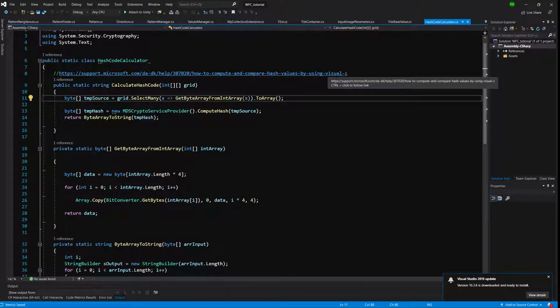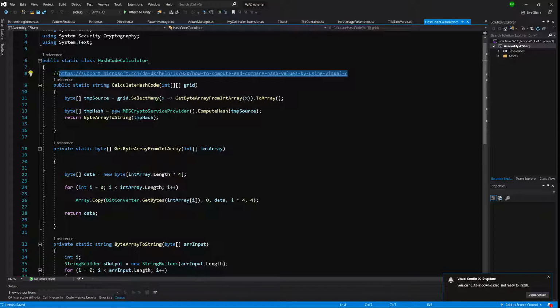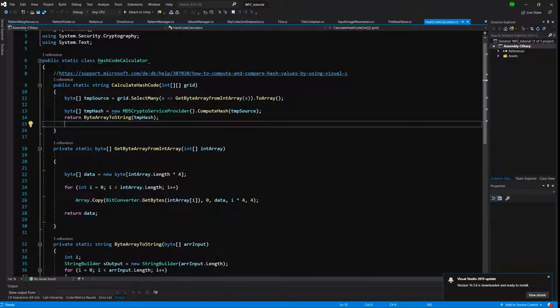This class is implemented from the Microsoft support page for how to compute and compare hash values. So basically what we are doing here is taking our grid jagged array of integers, converting it to a byte array, computing the hash code from it, and using the hash code to check if we have this value array inside our